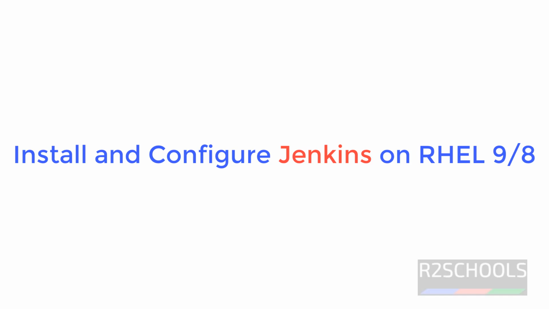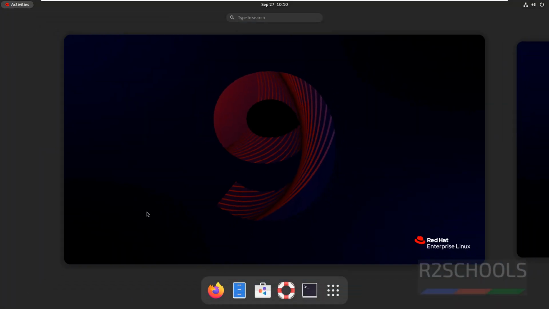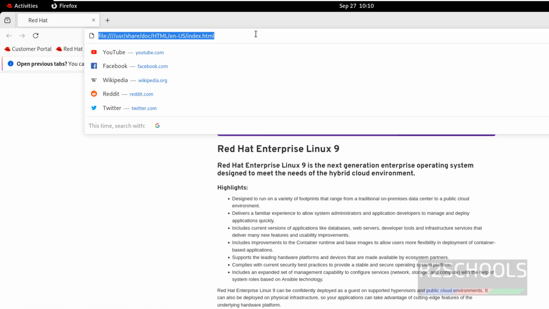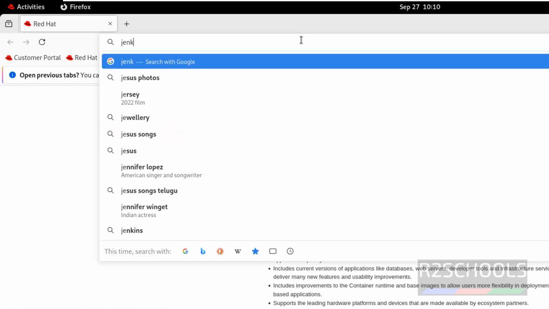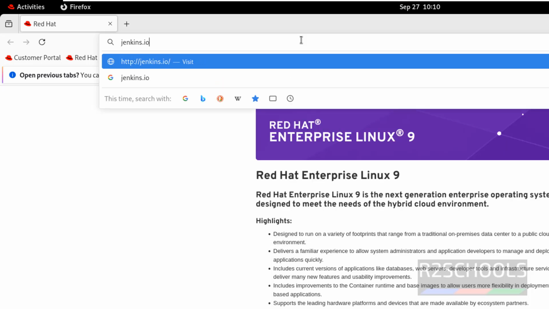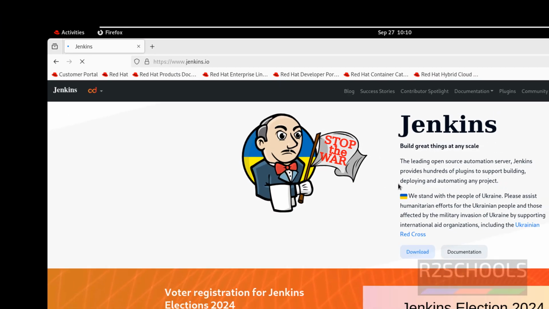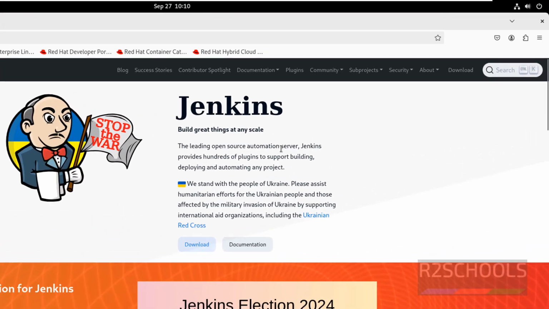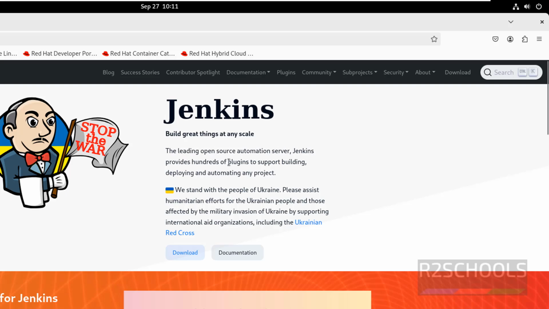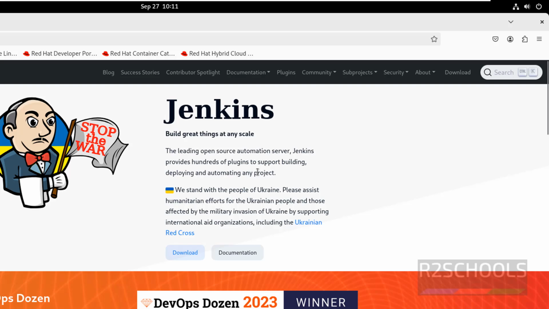Hello guys, in this video we will see how to install and configure Jenkins on RHEL 9. The process is same for all RHEL 9 versions. Open web browser, go to Jenkins official website, that is jenkins.io. See, the leading open source automation server, Jenkins provides hundreds of plugins to support building, deploying and automating any